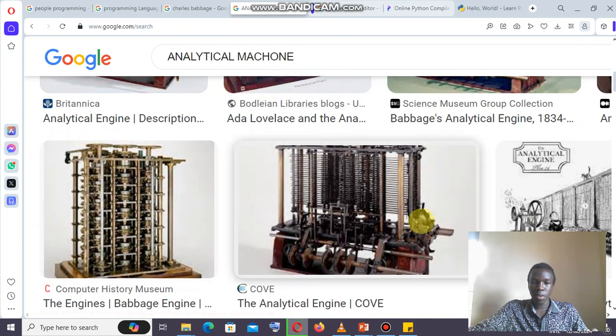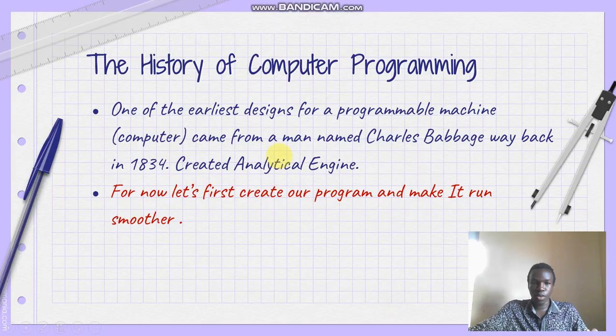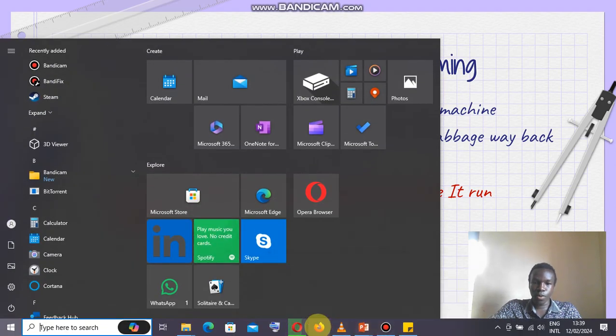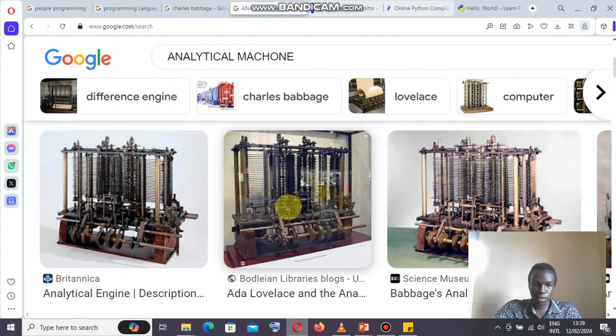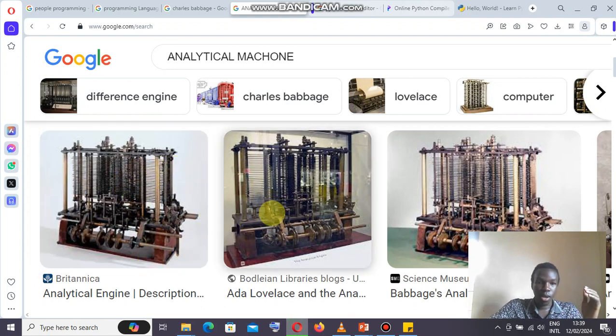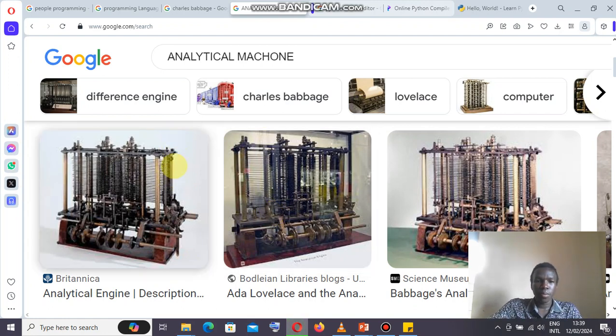The first person who programmed this machine, what it could do is you could give it instructions. I don't know how they did it, but you could use these cards. I just can't comprehend how they did it, but there was a way you could program and give instructions to this. Other machines that were created could only do one task, but with this one you could do a lot of tasks.